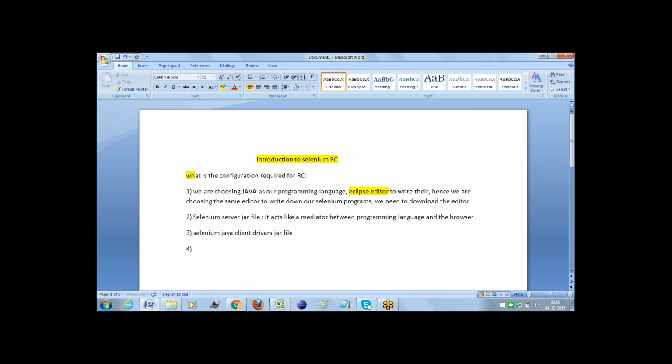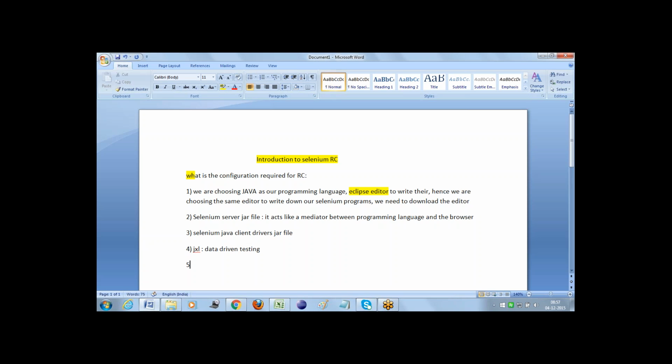And later, the next jar file required is the JXL jar file to support data driven testing. It means retrieving information from an Excel file. In order to retrieve some information from an Excel file, we are going for data driven testing.